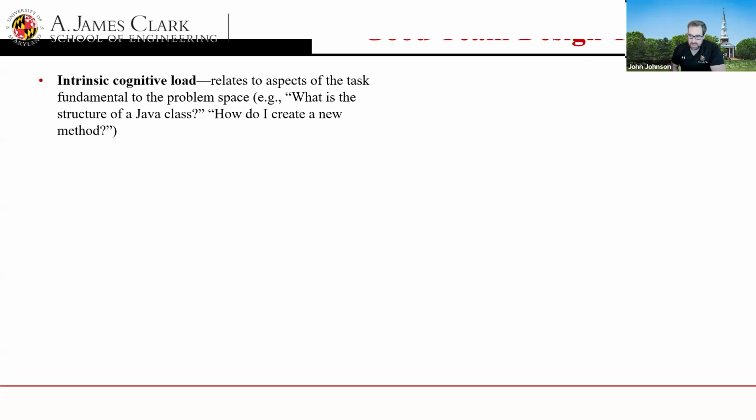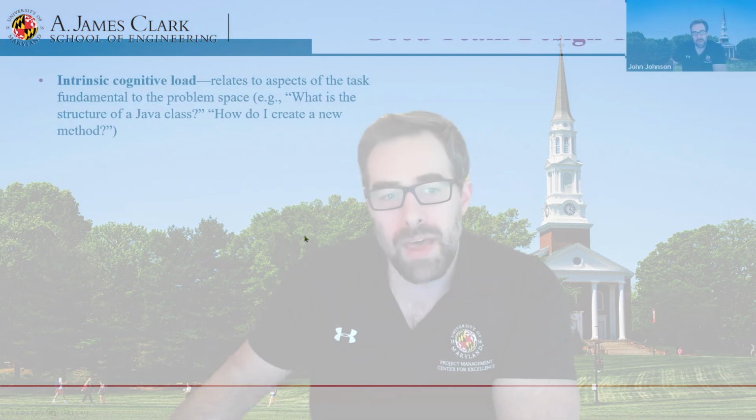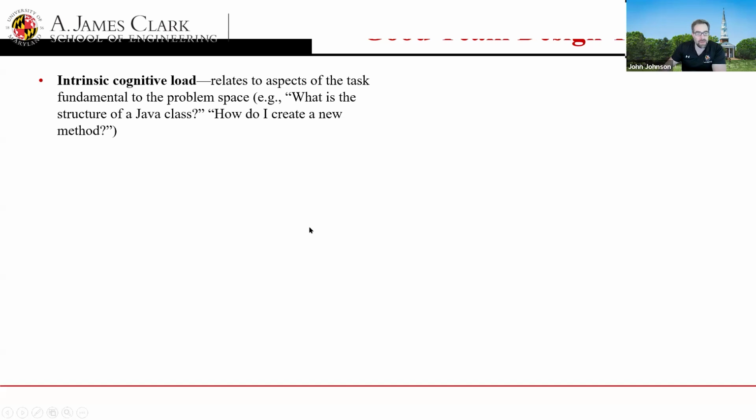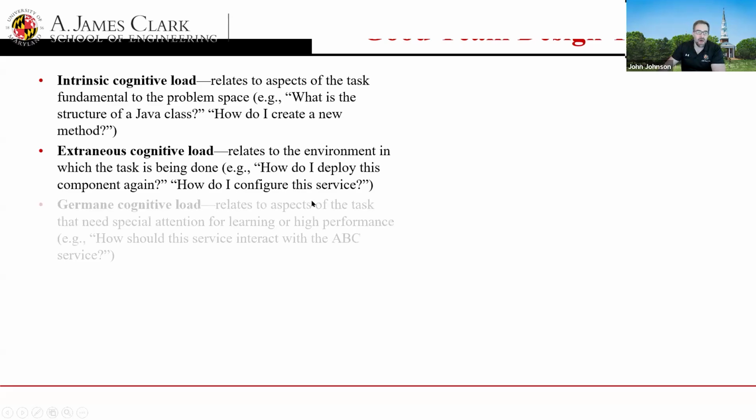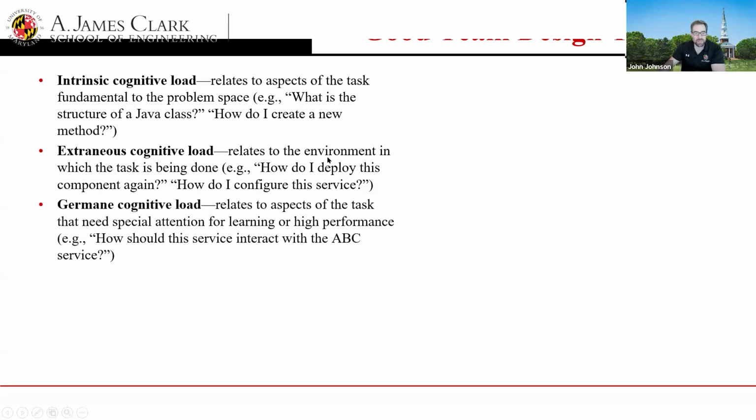It has been again evangelized by Michael Skelton and Matthew Pais in their book Team Topologies, which is quite good. I'm going to give you a very short little crash course on it, but the idea is that we have certain types of loads whenever solving problems. We have intrinsic loads that are fundamental to the task space. We have extrinsic loads that relate to how do I do this inside of this environment? How do I deploy this thing? How do I configure the service? Who do I need to talk to get approvals? And then there's the germane load, which is all about solving the problem,